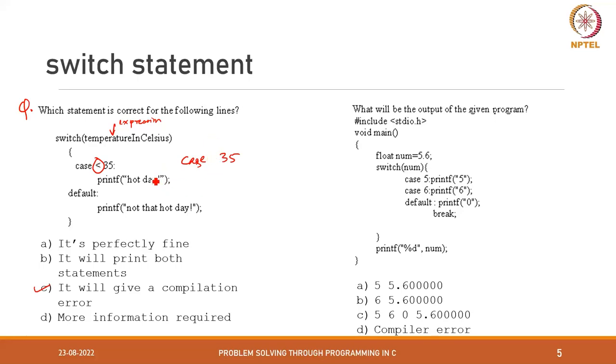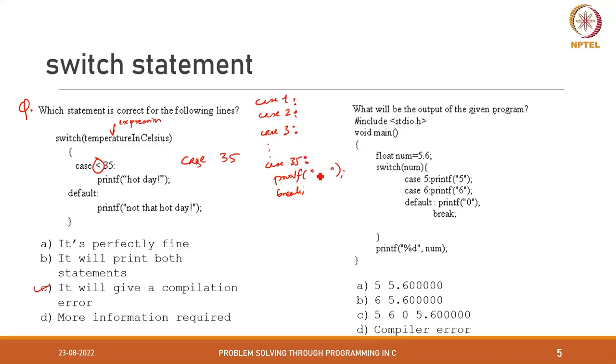If the logic here is that I want to print "hot day" no matter what the value is till 35, then I would have written something like case 1, case 2, just without giving anything in them. I would have written case 3 like this. I would have written till case 35, and then printf whatever, and then break, so that whatever value comes within this 1 to 35, for any value it will print hot